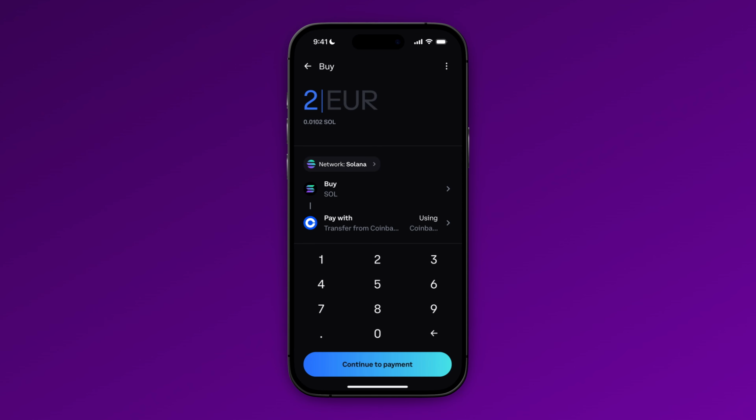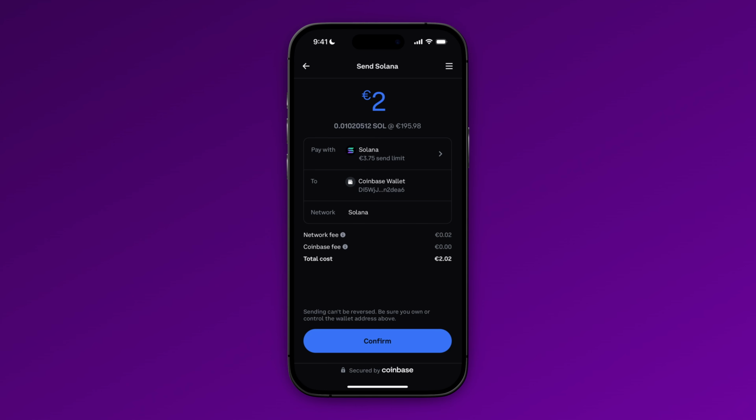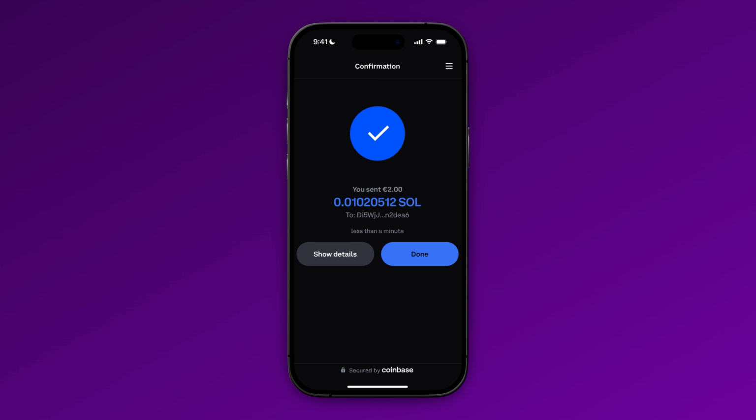Then right now we are going to transfer this from our Coinbase account to our Coinbase wallet. So for this, we're going to click on Continue to Payment. And right now we need to confirm our transfer, and we do that by clicking on Confirm. As you can see, it's complete right now, and we've just transferred €2 from our Coinbase to our Coinbase wallet